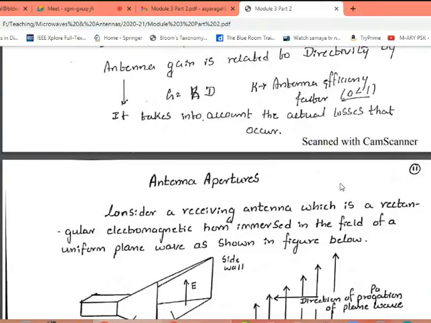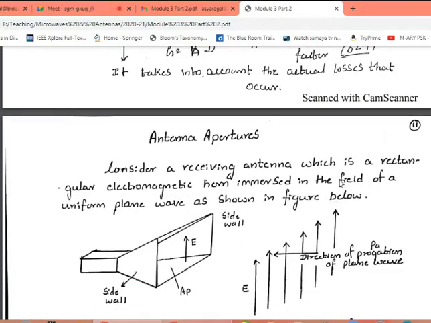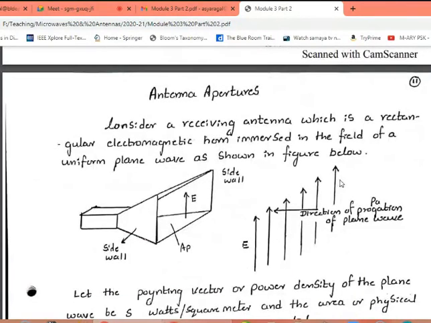Now let us understand one small topic here, that is again antenna aperture. Let us consider the receiving antenna here, which is a rectangular electromagnetic horn. This is how the rectangular horn antenna is, which is immersed in